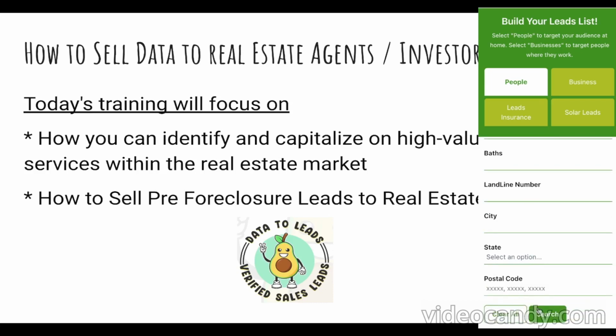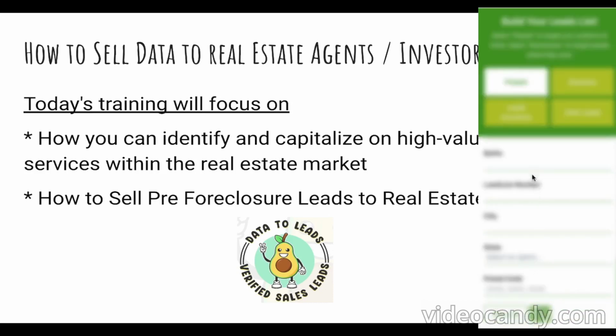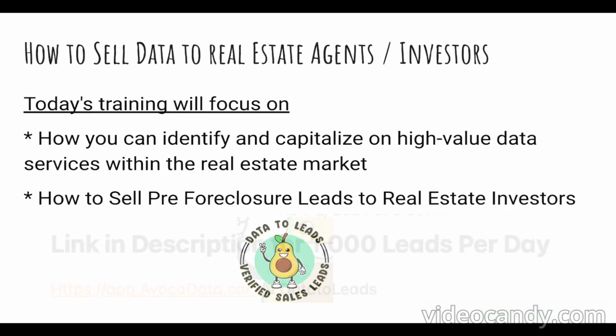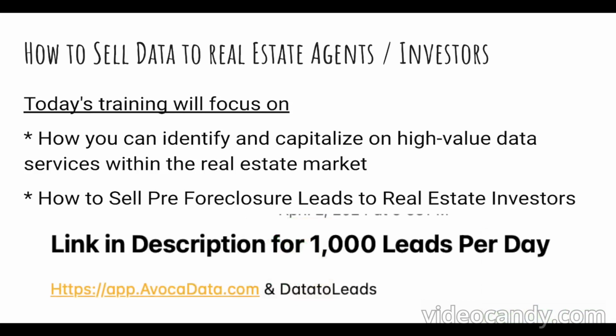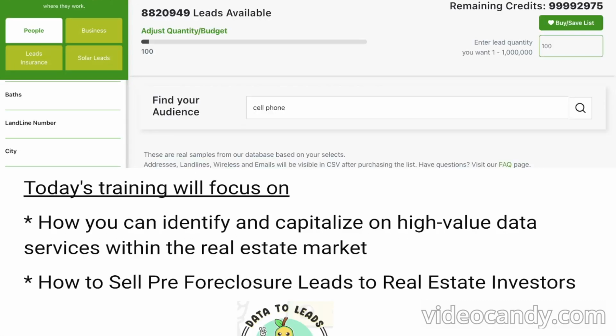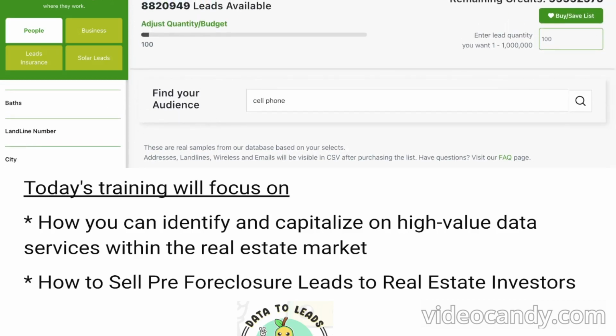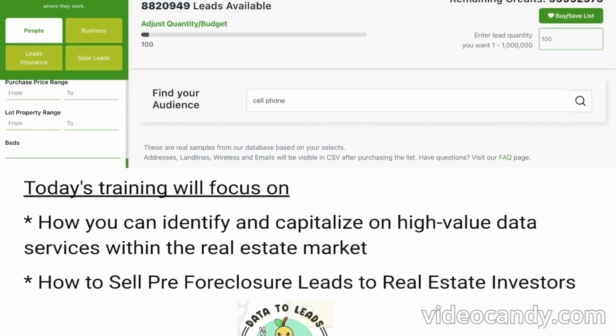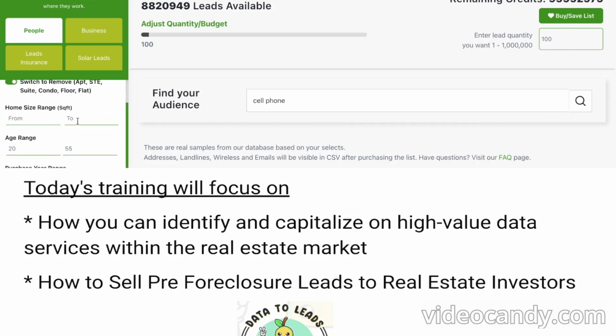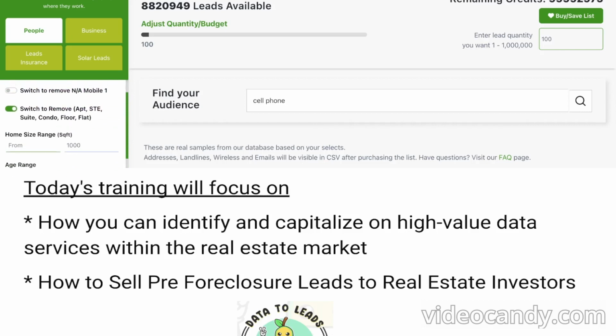So what we want to focus on, and how we did it in the real estate market, is we didn't generate leads. We used data analytical skills to skip trace and enrich the property records of people who are foreclosing on their home. So, in other words, public records, UCC filings, show that if an owner is delinquent on a property, the pre-foreclosure, the auction date, who has the lien.